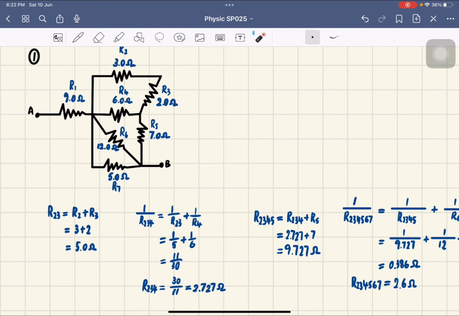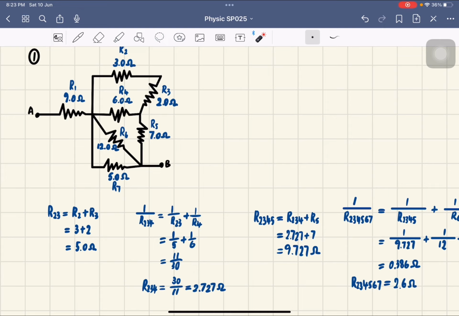So we can combine the R234 and the R5 using the series relationship, which means that R2345 is equal to R234 plus R5. Then we get our R2345 is 9.727 ohm. So now we already combined R2, R3, R4 and R5. So we assume this is the new